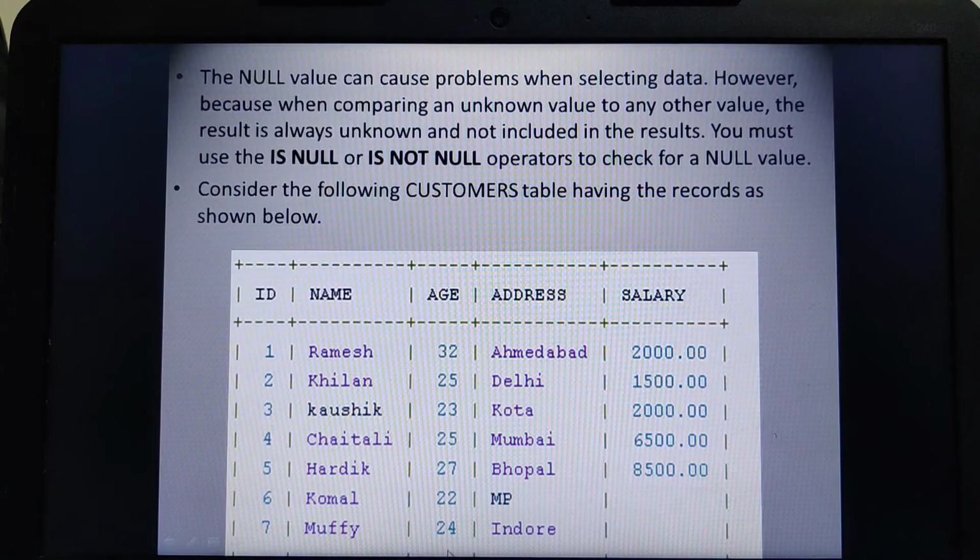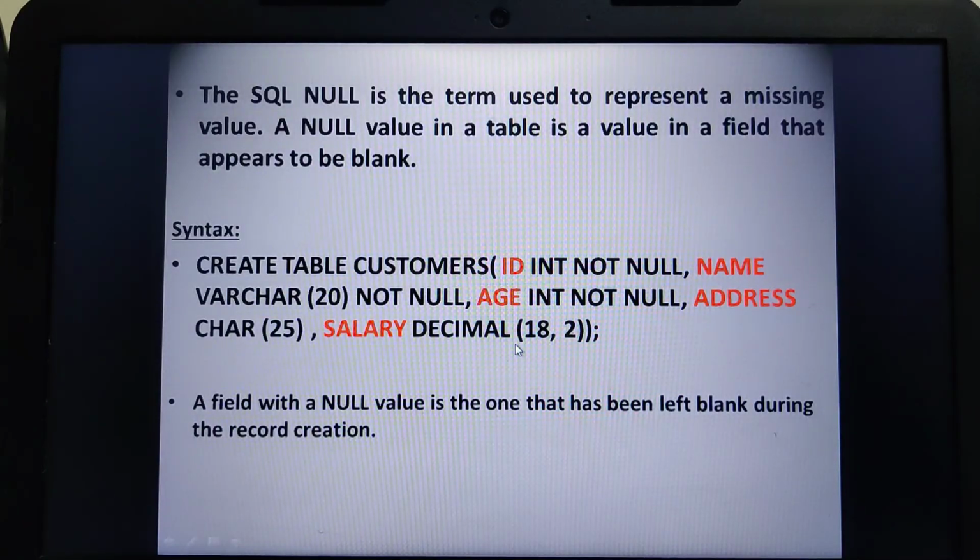As I mentioned in my previous create table, for ID, name and age we have to explicitly give values, but address can be null, and salary can also accept the null value. Therefore, here I have not given any value; I kept it as null because I haven't applied any constraint. That means salary and address can accept null values. NOT NULL means I am specifying that ID should never contain a null value. This is how the NOT NULL constraint works.